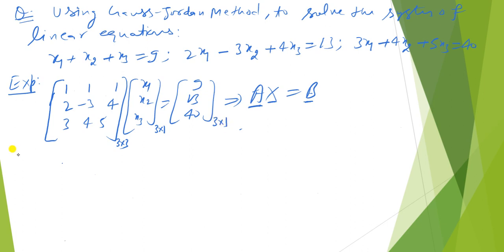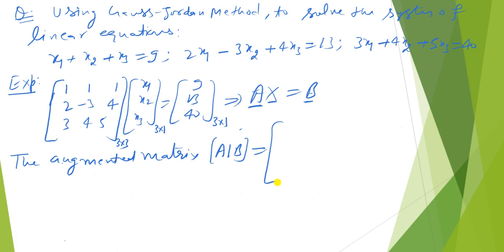So the augmented matrix [A|B] is [1 1 1 9; 2 -3 4 13; 3 4 5 40]. So here our aim is to reduce the coefficient matrix A into a diagonal matrix by applying row elementary operations. So first of all,